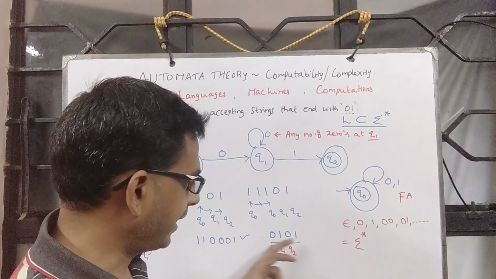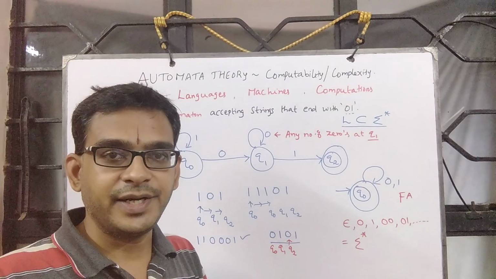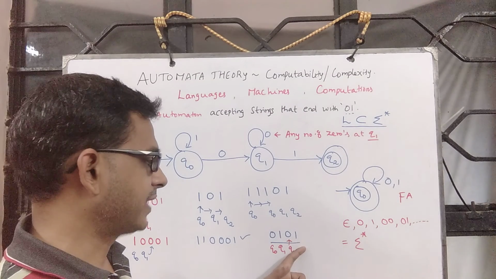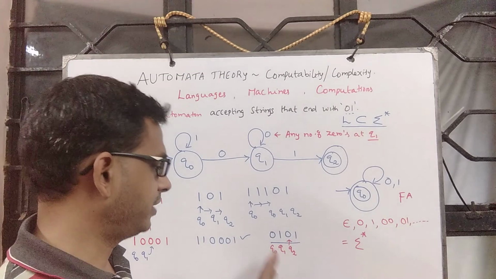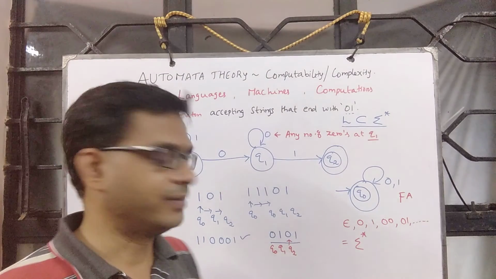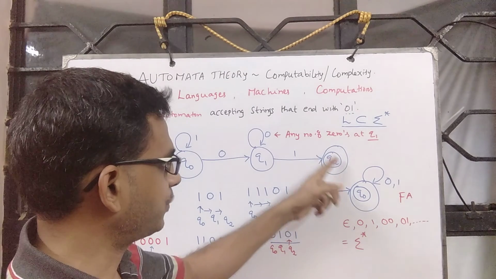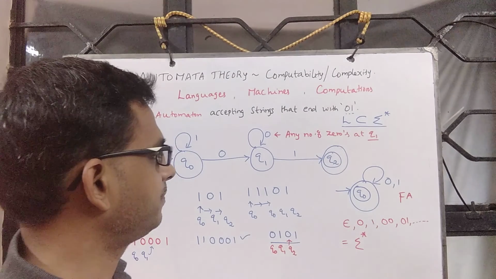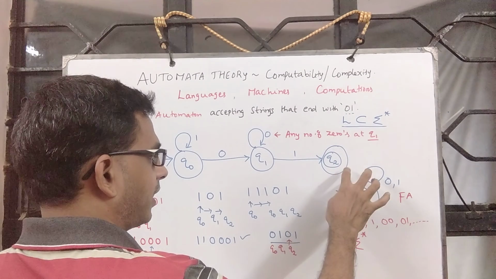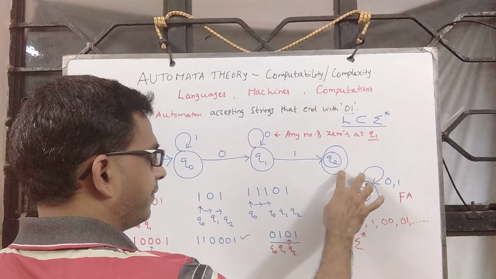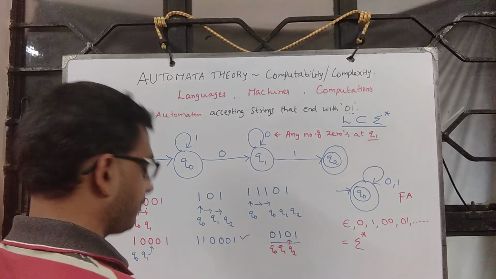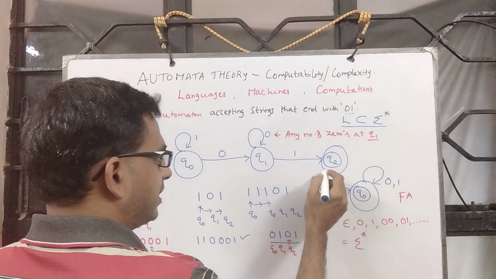So unless I exhaust the input, meaning unless I read the entire input completely, I cannot talk about the acceptance or rejection. So the input is partially read. We still have something more left to read, which means some transition has to be defined on Q2 as well. So when you are at this place and when you come to Q2, we read a 0 or 1, where should we go next?